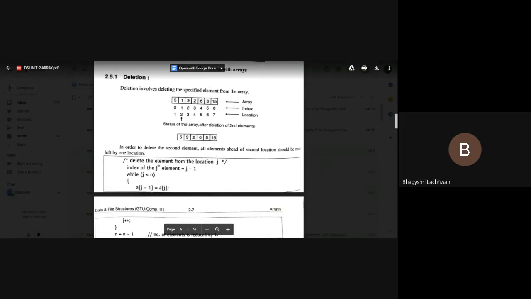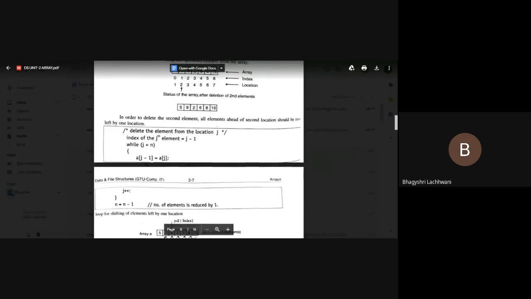Now whatever we have discussed, how you have to write it in C programming, we will see here. In terms of programming as well, because you have to do the programming for the operations of the array as well, just see the coding here. Suppose for the element you have to delete, we are giving the location as j. Now location is j, that means the index will obviously be j minus 1, as we have discussed that index will be location minus 1.